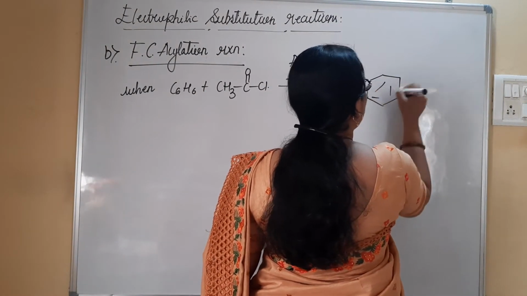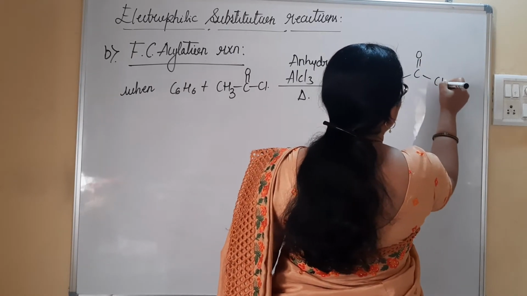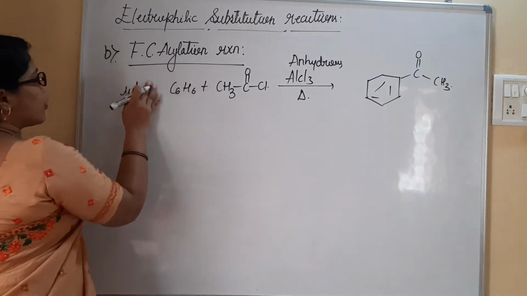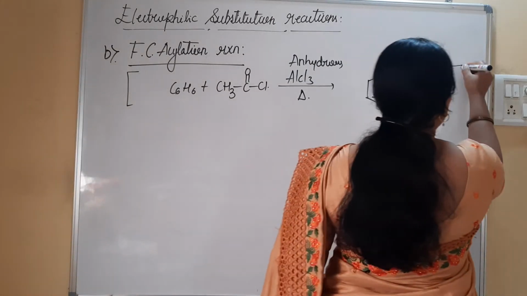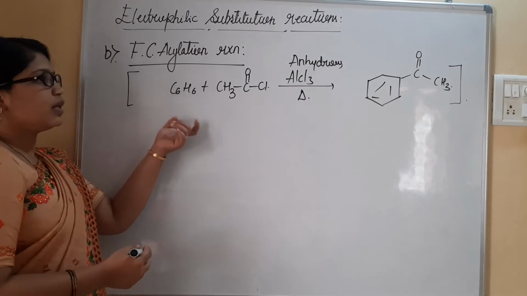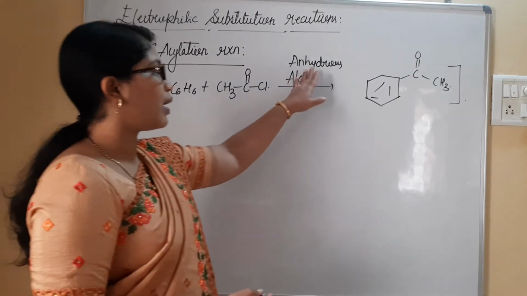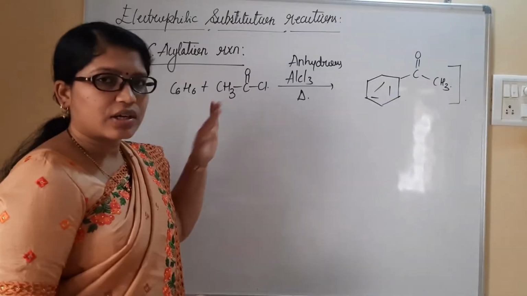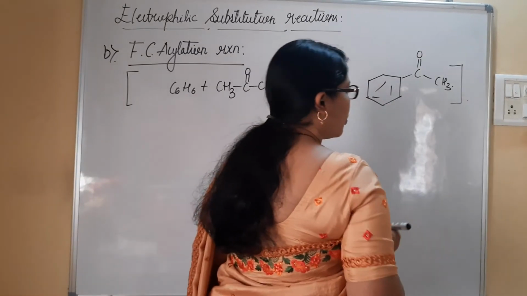which is referred to as C6H5C double bond OCH3. So this is the complete reaction. What will happen here I have written. I will explain the things in detail by considering below. Benzene is treated with acyl chloride in presence of anhydrous aluminum chloride, and all the reactant molecules are heated together to obtain the final product.